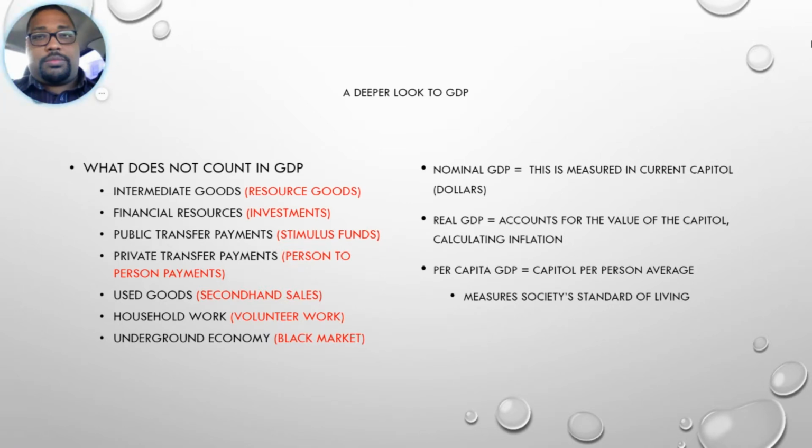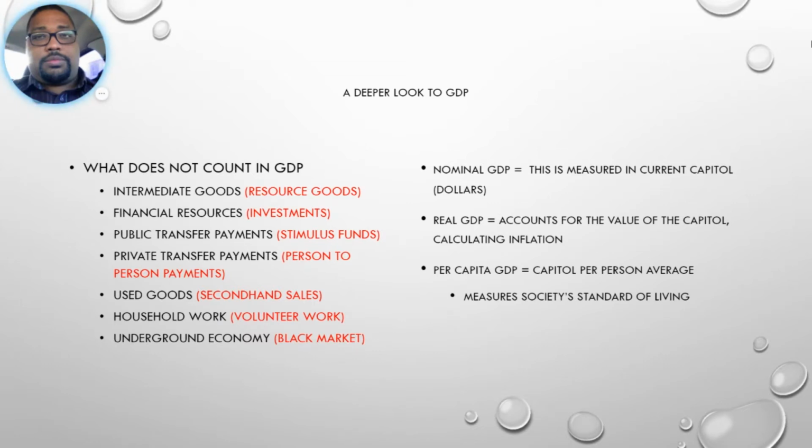Those don't count either. Used goods, secondhand sales. So used cars do not count in our GDP. Household work, community service, volunteer work doesn't count. And of course, the underground economy doesn't count. Black market. You have no idea how to measure it. Plus, it's activities that we're not necessarily supposed to be encouraging. Anyway,